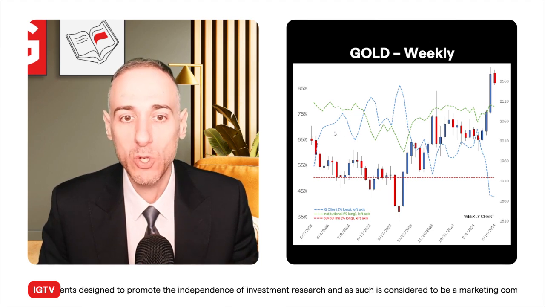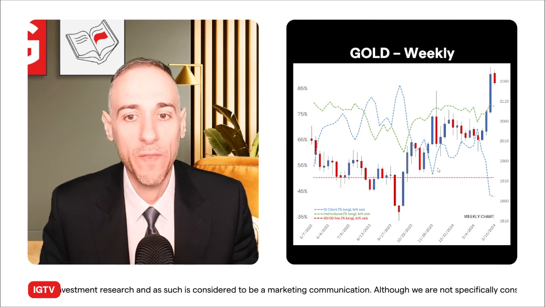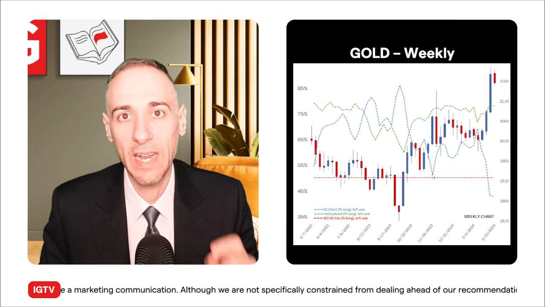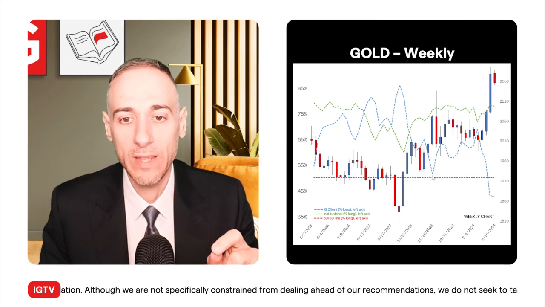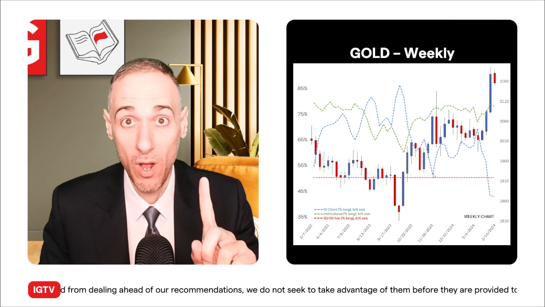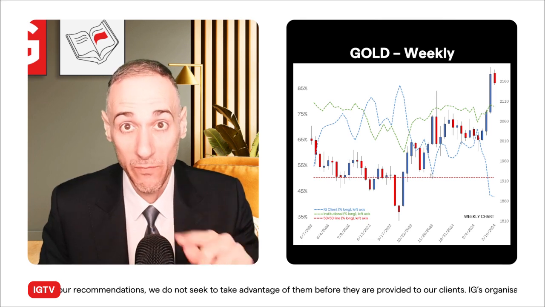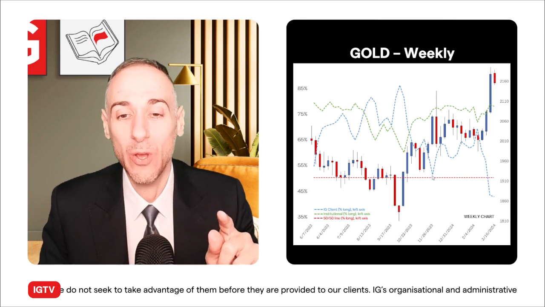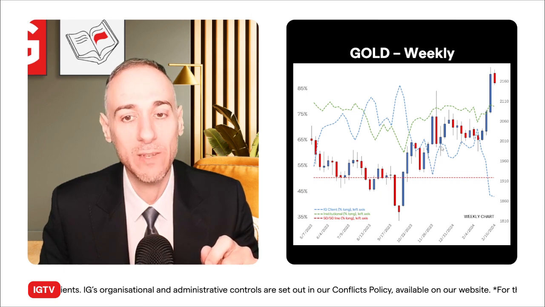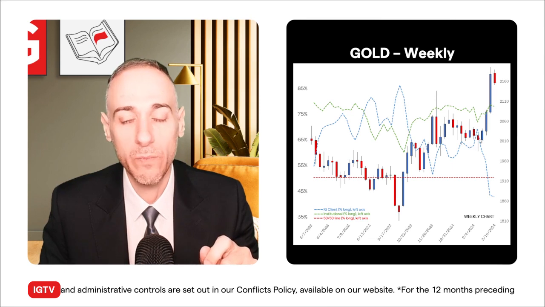IG clients, majority to the buy side, going to extreme territory back when prices dipped. They timed all that right. And now, by the way, this right here, weekly time frame, we're taking an average. So it's what the sentiment was throughout the week, but they actually briefly went sell right here and went back up on one or two of the days. But for the week, they stayed just above it. So this is just an average, but technically they did shift briefly and go back into majority. And then afterwards, when price came back down, went back to majority buy territory. And they've been ranging for quite a bit.